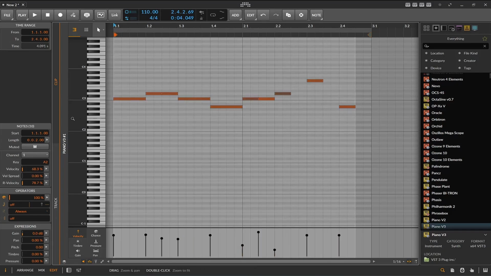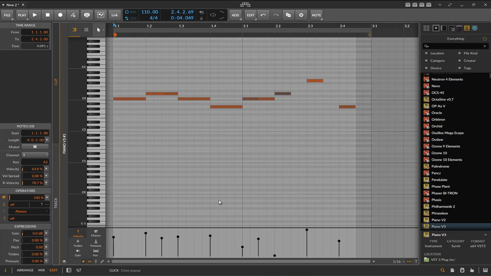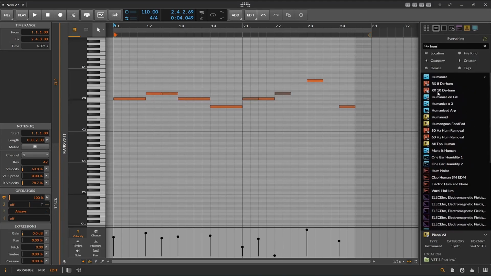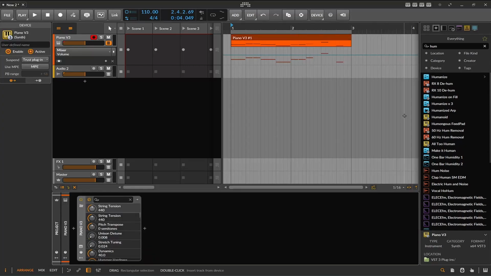Bitwig does have some tools. They have this velocity thing over here that you can alter, and it alters all the velocity. Generally, you have a couple of things you can mess with, like the mean, the scale, the amount of chaos. That's all really cool, but you don't really have a really good control over it. You also have a humanizer type of note thing that you could slap into the strip, and you can put it before your